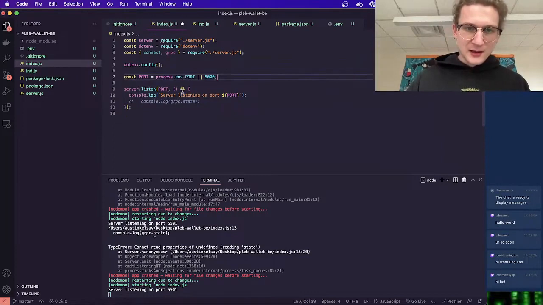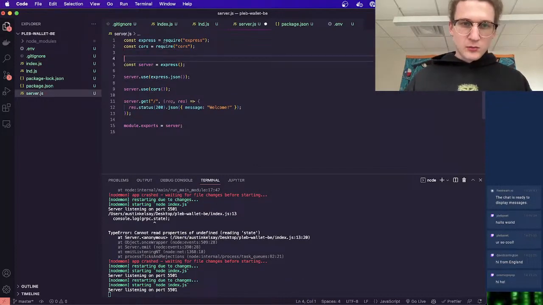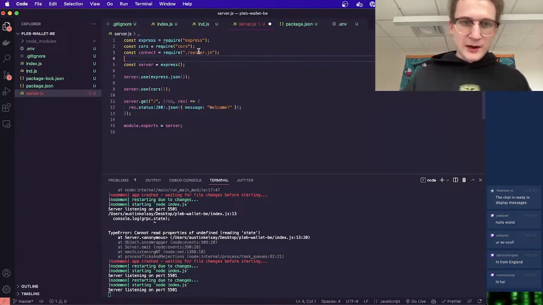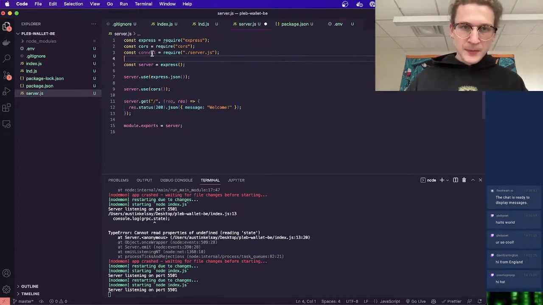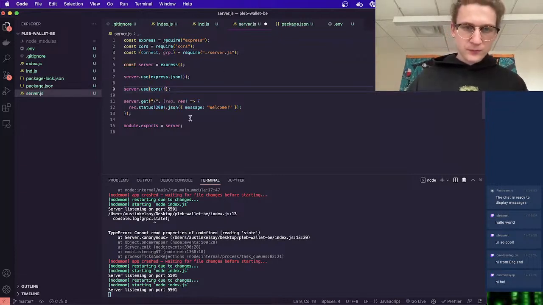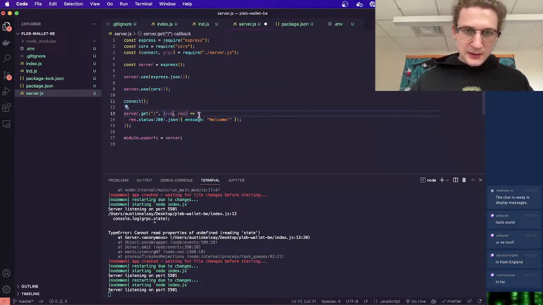So let's actually move the connect and the state. Let's move this to our endpoint that we're going to call here. So const connect equals require from server. And we're going to bring in connect and gRPC. And so after we start up our server, we'll run connect and then